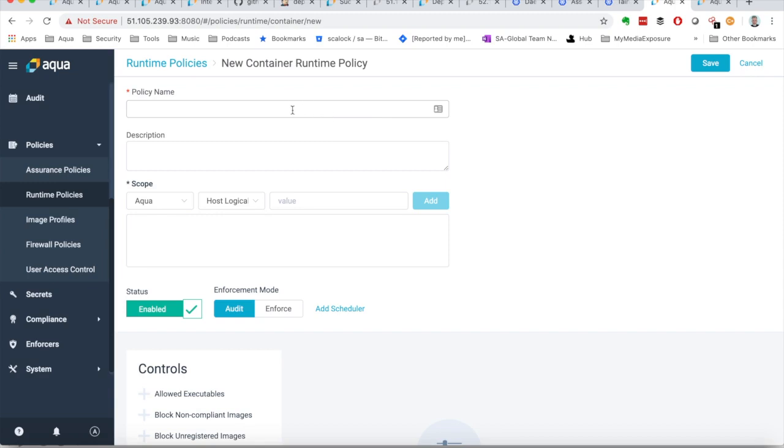Now say I want my Steve enforcer group. So these are my high risk, because that's where Steve enforcer is going to go. If I look in my different types of scoping here, and I look at host and group, that's very interesting. And also, if I look at Aqua enforcer group,